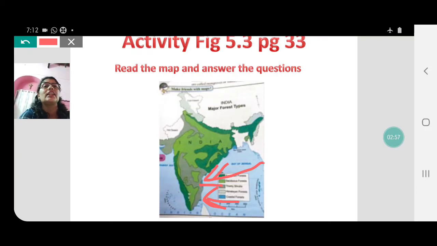Now, if you see, the light green color is occupying maximum area in India. The reason is because India falls under tropical region. The climate here is hot almost throughout the year. Moreover, in early summer, these deciduous trees shed their leaves in order to protect water. They do not want water to be evaporated through transpiration, which you study in science.